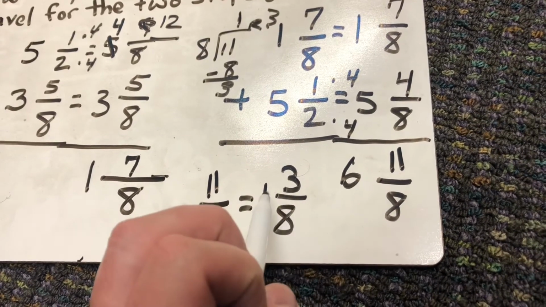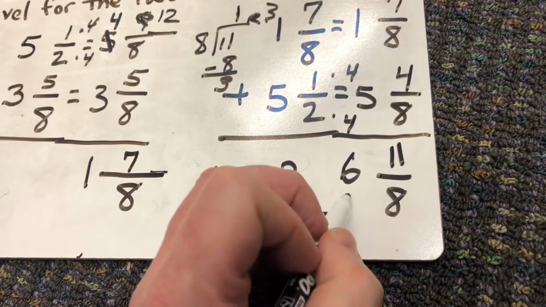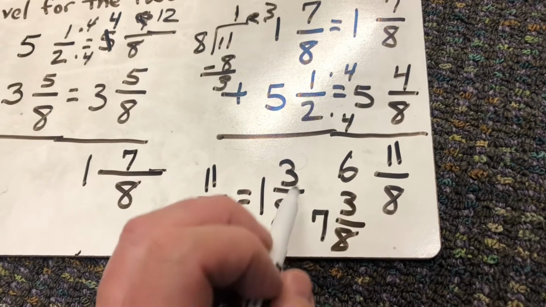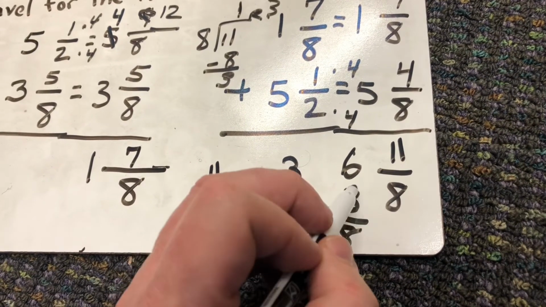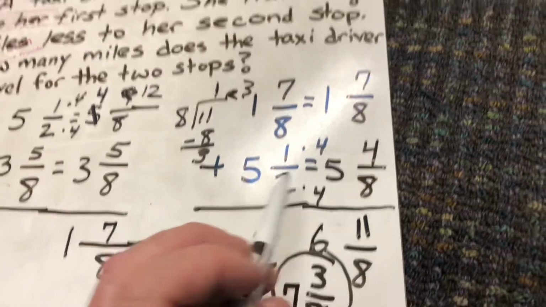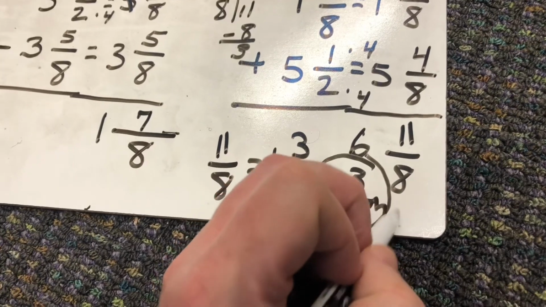But I have to add that to the 6, which means that I actually end up with 7 3/8. And the only number that can go into both 3 and 8 is 1. So that's in simplest form. The taxi driver drives 7 3/8 miles